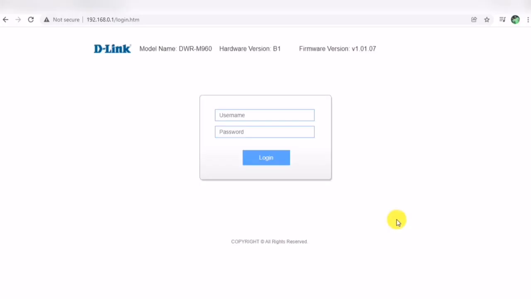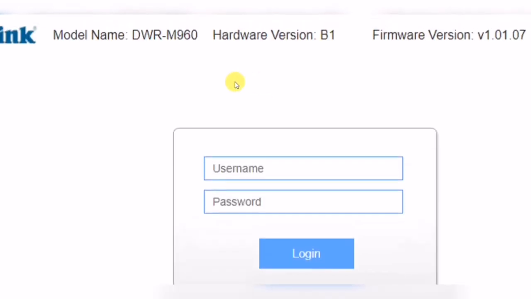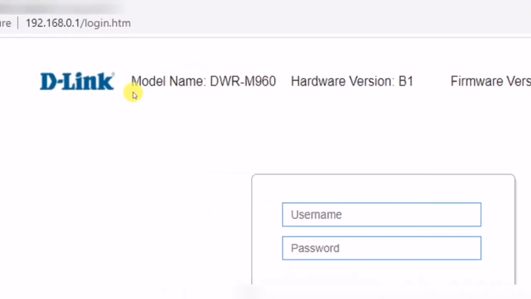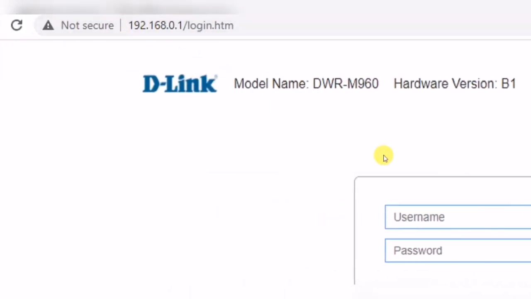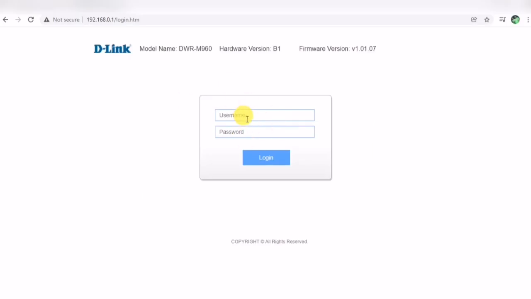From here, it gives the website address. On the backside of your router, you can look: the site address as well as the admin username are available, and the username will be admin, with the password also given there. You have to type the username for admin. It is also available on the backside of your set-top box. Right now you can type admin, and the password is different for each and every router.